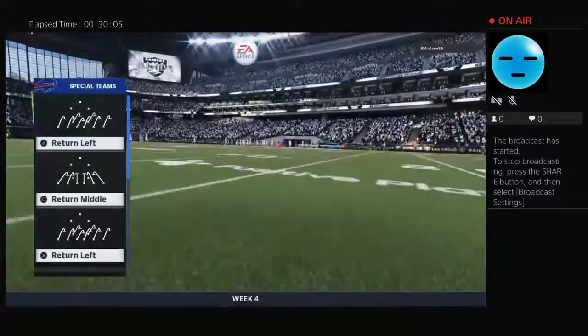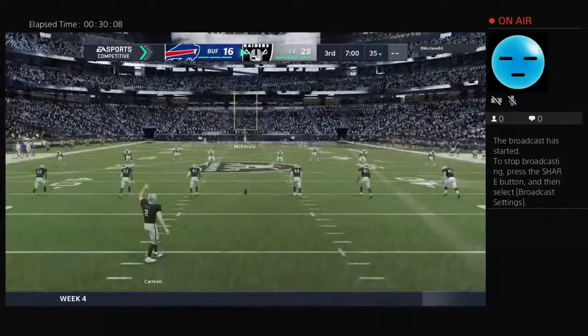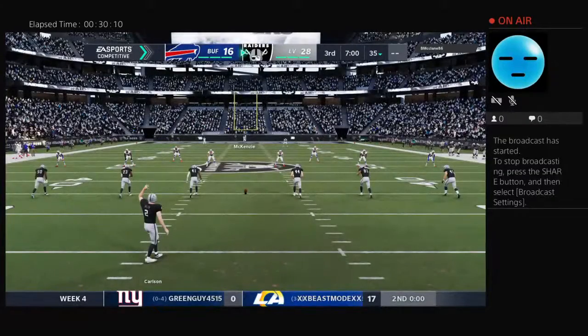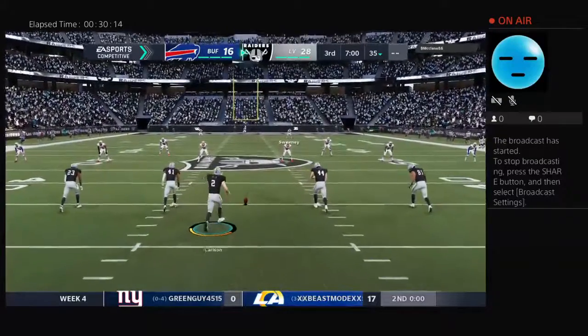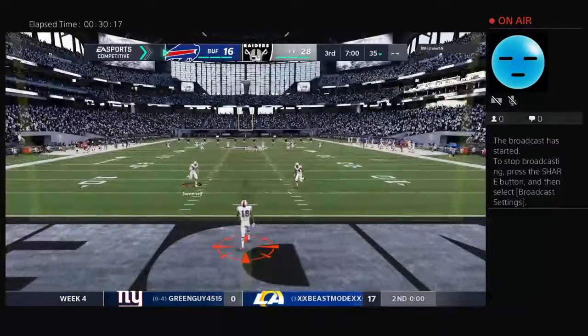As we are off to Orlando now to check in with Jonathan Coachman at our EA Sports Halftime Report. Coach? For Las Vegas. The Bills trail here, but they will get the football first as we are back underway